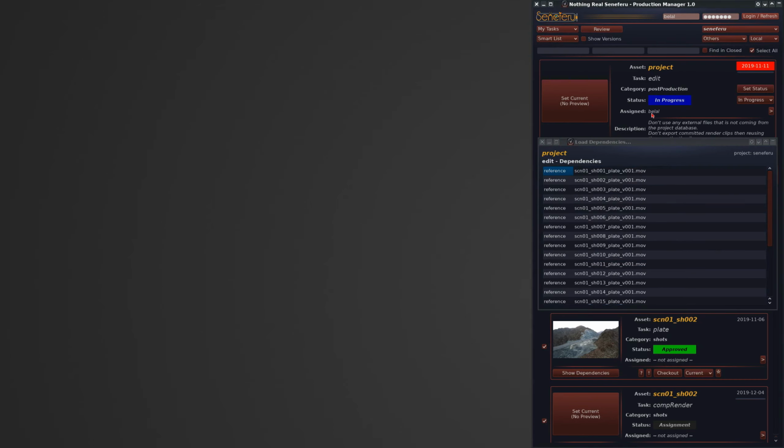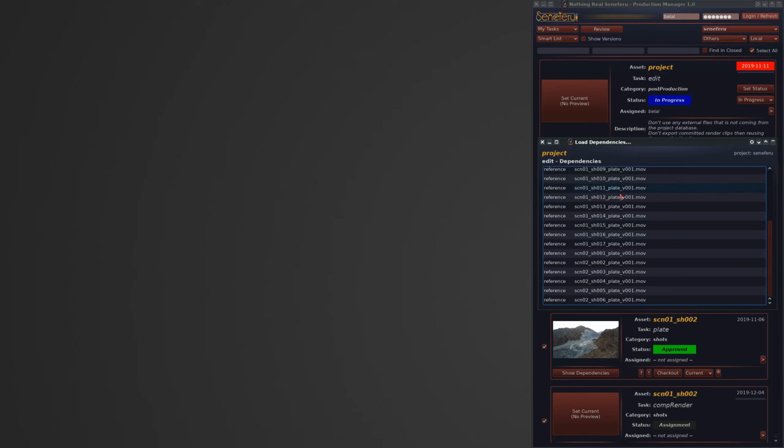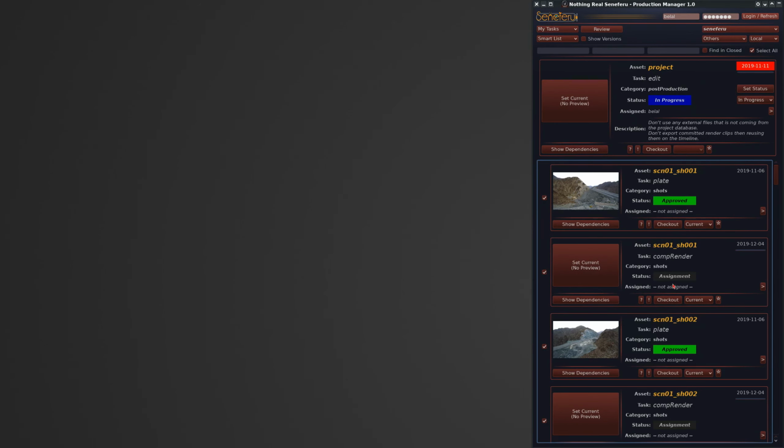In the case of editing, Seneferu is giving you a list of the latest take of each shot, assuming that the latest take is the best take. If this is not the case, then you have one of two options: either set the desired version to be the current version or the approved version, or when these are approved, you can select